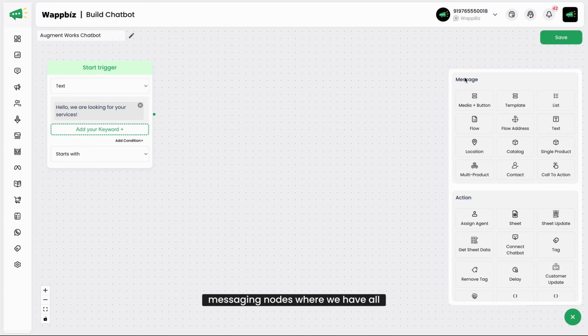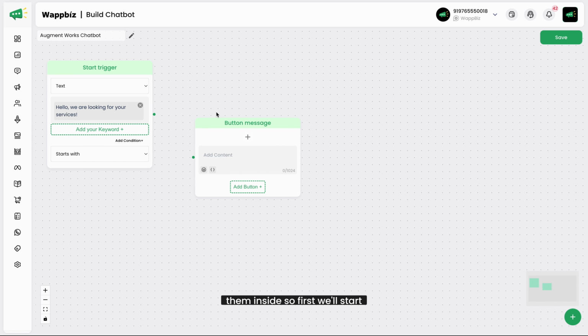Here we have messaging nodes, which we can use while creating the automations, and in the below section we have the action nodes. So before sending a message to the customer, if we want to perform some action which is not visible to the customer, for those activities we'll use the action node. So we'll start one by one. We'll see what the functionalities of each messaging node are, what they are used for, and then we'll also see the action nodes and how we can use them inside. So first we'll start with